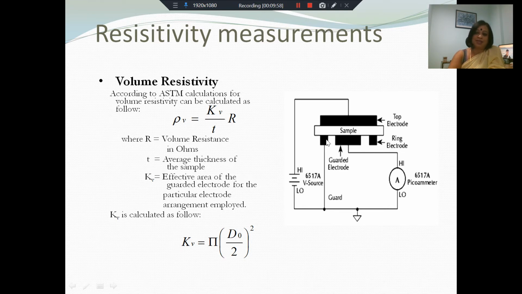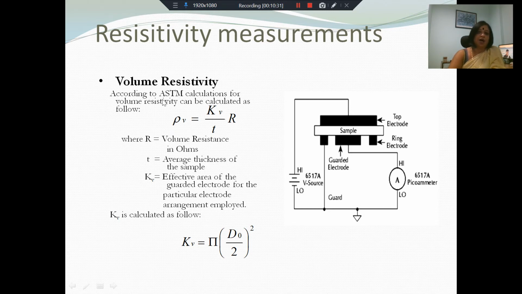So as you can see, on the bottom of the sample, the guard electrode and the guarded electrode are both at the same potential, and therefore there should not be any currents flowing along the surface of the sample between the two electrodes. So the current that would flow through the picoammeter would be the current that is flowing through the volume of the sample, because across the sample thickness you have a potential difference, which is established by the high voltage source, and the current flows through the picoammeter, and from this the volume resistivity can